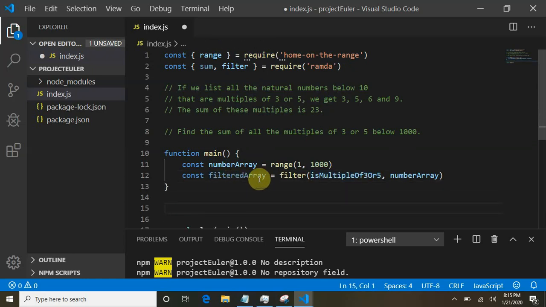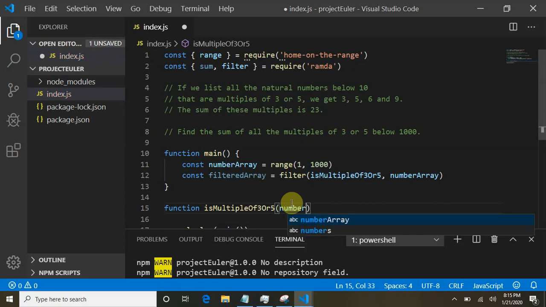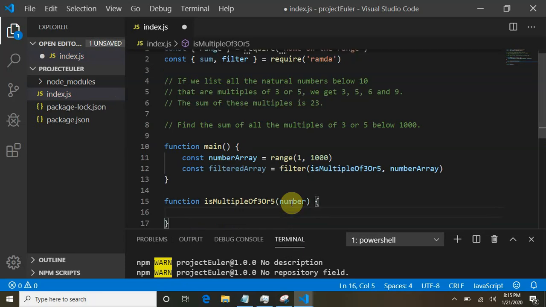So underneath main, we're going to do a function and we're going to call it exactly this up here. Copy, Control C, paste: isMultipleOf3Or5. And we know that that's going to take in a number. It's going to take in each number of the number array. So it takes in a number, and we're going to return if the number